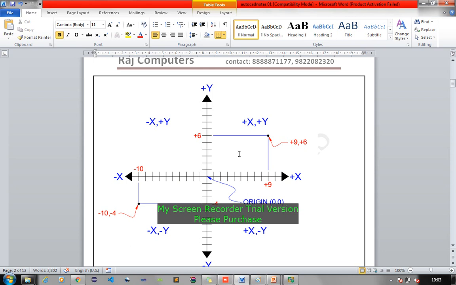Fine. If I am putting a small point here, if this is my point, and if this is my X coordinate and Y coordinate, when it comes to the X coordinate, it says this value is 6, and when it goes to Y, it says this coordinate is 2. So my X comma Y coordinate is 6 comma 2. I think this is clear to you.